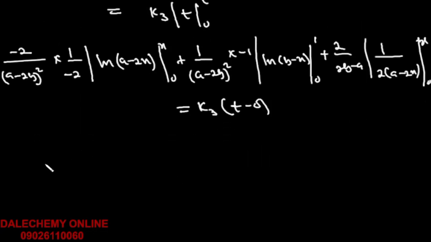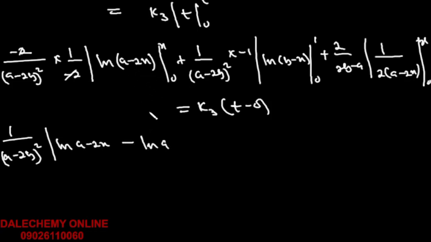Now we can put our limit. Don't forget, this can cancel this out, and we have just 1 over (a minus 2b) squared. Then in your limit, we have ln(a minus 2x), then minus, by the time you put 0, it will be ln(a minus 2 times 0), which is ln a. Then plus, this becomes minus, because it's like times minus. So it was plus 1 over this before, then times minus, it becomes minus again. So it's now minus 1 over (a minus 2b) squared,